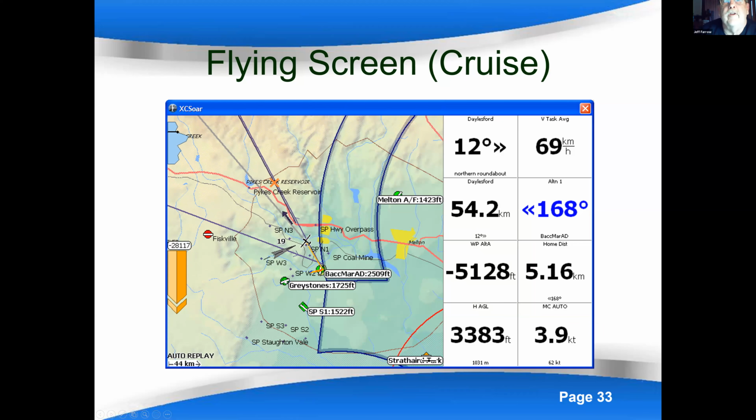If you choose a lower McCready, they'll become orange. If you're out of reach of them, they'll be red. In this case, we've also got airspace nearby, so that's also showing up. If you click the airspace, it would tell you what's going on. Again, the little emblem down in the bottom right tells us that we're in cruise mode.